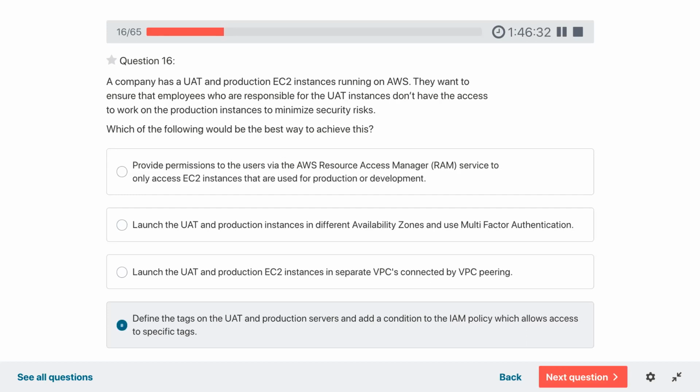This is the more appropriate solution. That way, if you move the infrastructure around, based on the tag, the access will still be given in a very dynamic way. You don't need to change much.